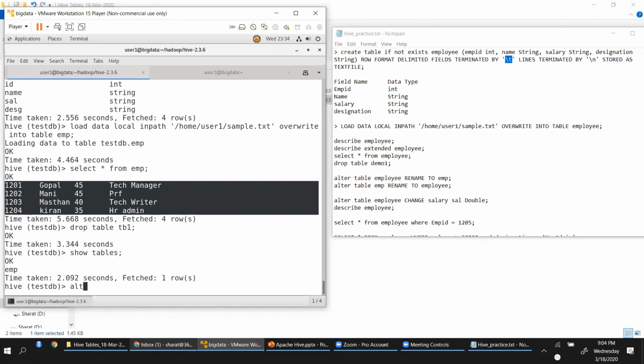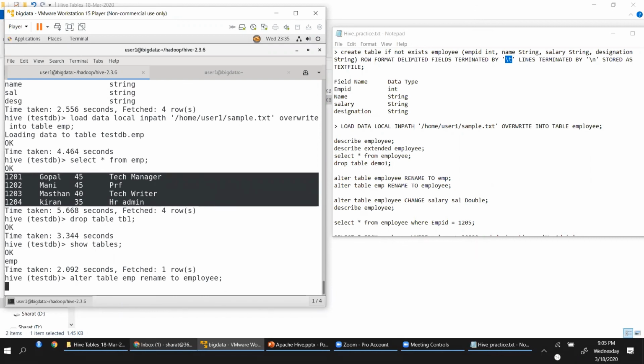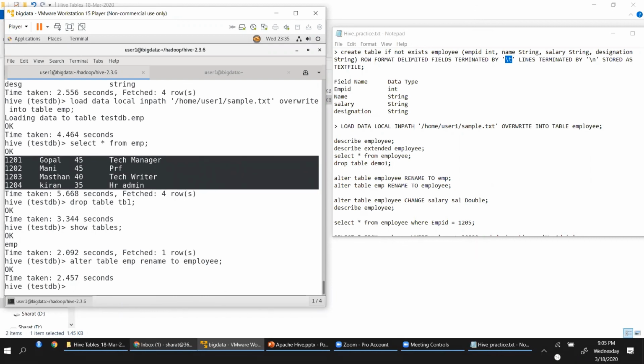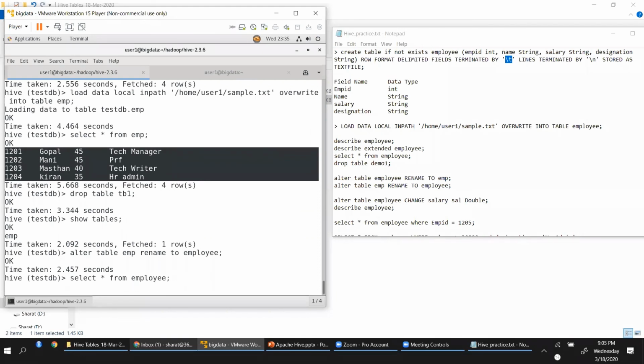You want to alter the table name, say alter table EMP rename to, okay, let me say employee. You can see it's the same table. Select star from employee. You get the same data.